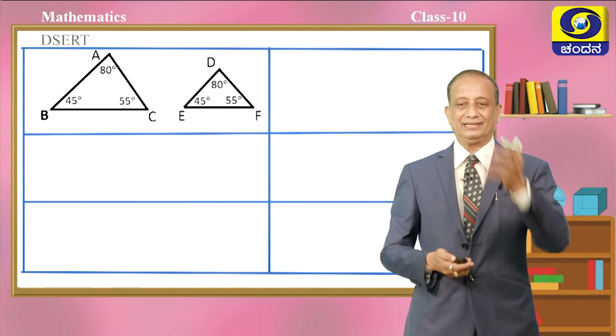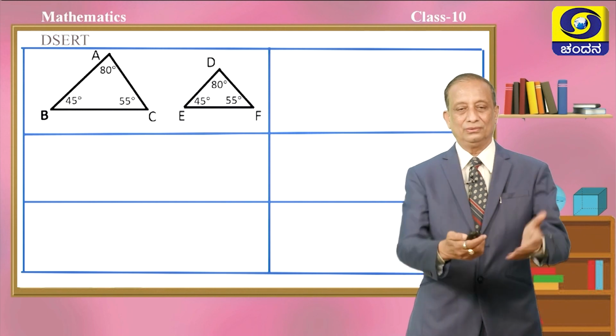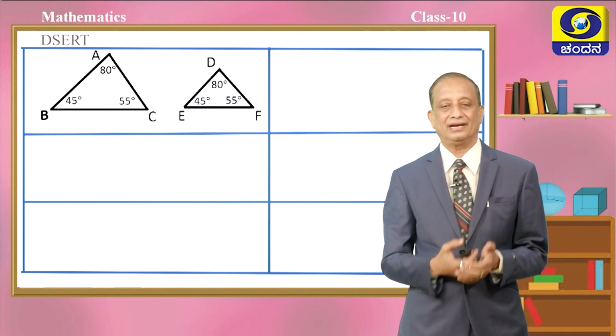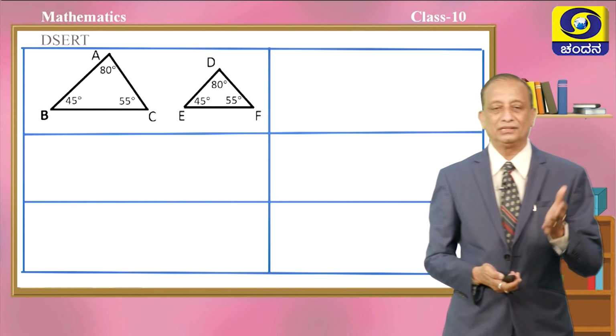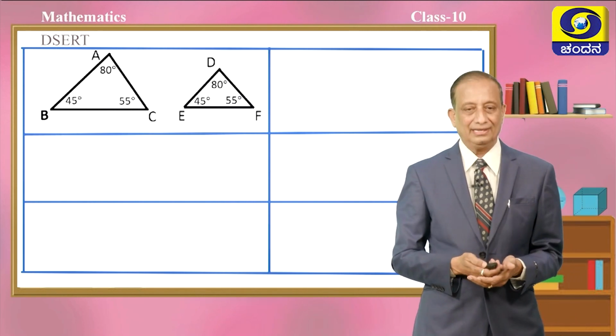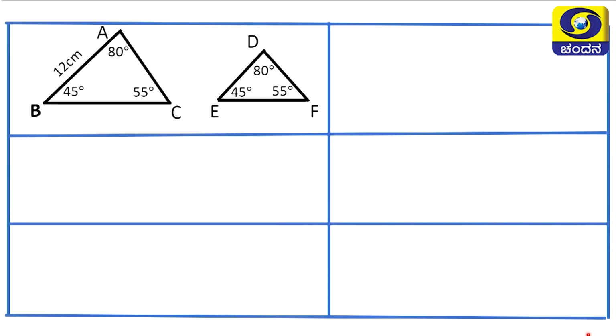Okay. Let us take scale children. So, you also draw this pair of triangles and try to measure the corresponding sides. Let us measure AB. Let us suppose that the length of AB is 12 centimeter and the length of DE is 6 centimeter. Oh, AB is definitely greater than DE. But if you really want to know how many times AB is greater than DE, do you know what it is that we have to do?